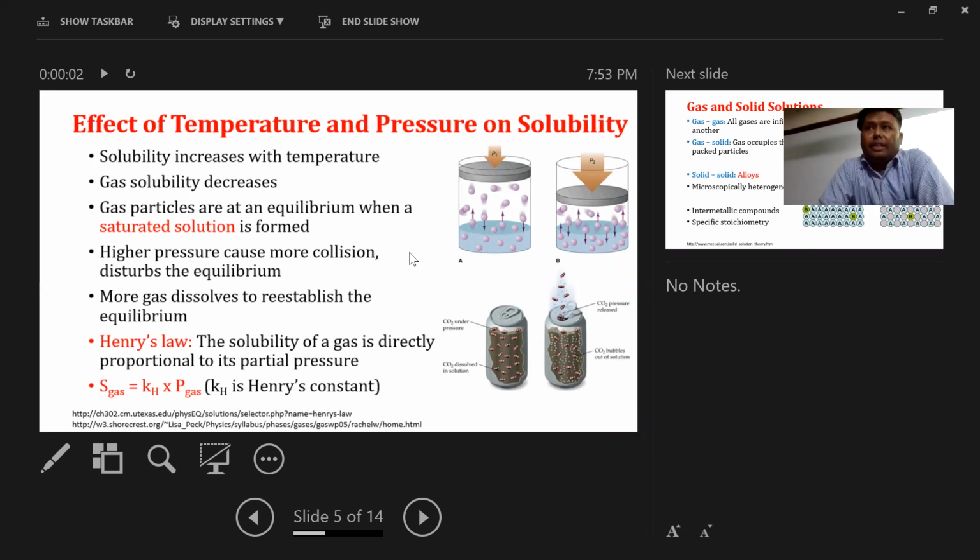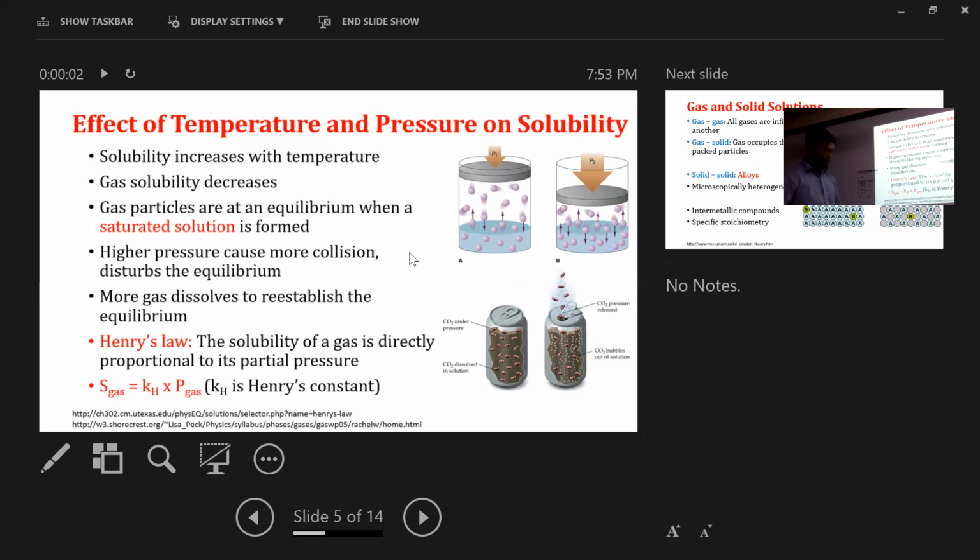So the solubility, you already know what solubility is. That means the maximum amount of solute that will be dissolved into a solvent at a certain temperature and pressure. So the solubility of a gas means how much a gas can be dissolved into anything. It can be in liquid or any other gas. That will be directly proportional to its partial pressure. Partial pressure means,